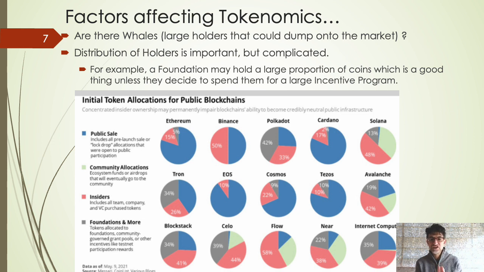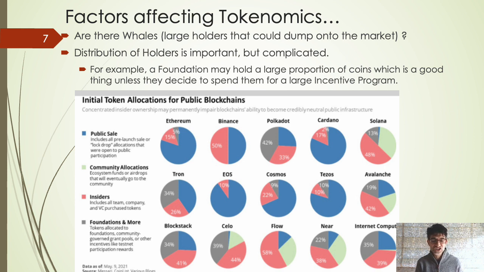And this is a very good chart I've seen many times. People present this chart. This is from Messari, and they haven't done this in a while. They did this a few years ago. This chart shows you, or divides, I should say, all the ICOs in terms of the amount of ICO that was on public sale, and we want a high amount of public sale. What percentage was community allocation? What percentage was insiders? And that's in that pinkish color, that Nantucket red, I guess you should say.